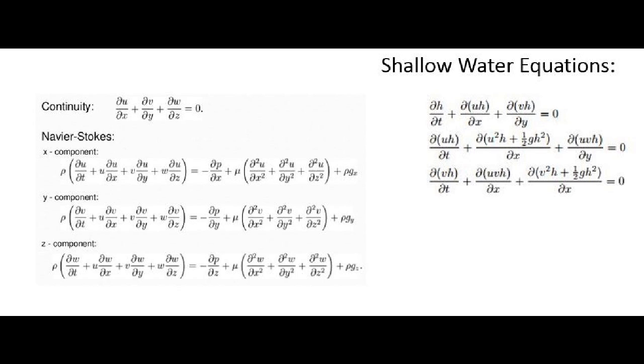Anyways, the incompressible assumption also means that the mass of the water column at any xy location is directly proportional to height. This means the Navier-Stokes equations for mass in x and y momentum conservation can be written in terms of height instead of mass. The final results are the conservative shallow water equations.